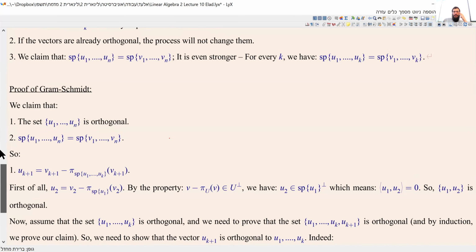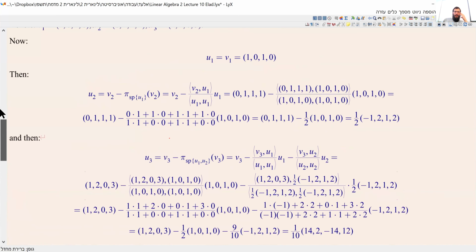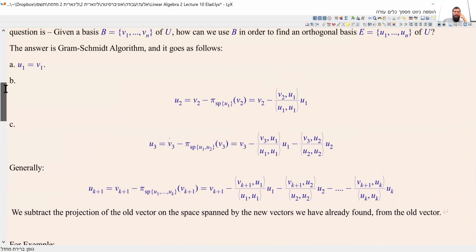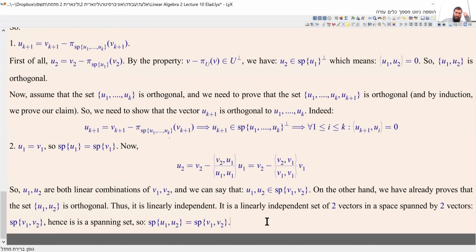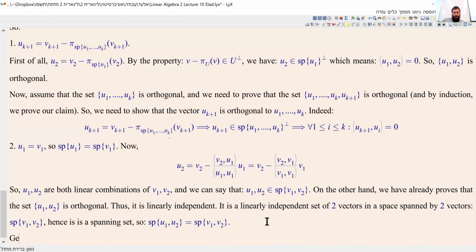I mean, looking at U3 in the process, U3 is a linear combination of V3 and U1 and U2, but U1 and U2 are already linear combinations of V1 and V2. So at the end, U3 is a linear combination of V1, V2, V3. But on the other hand, U1, U2, U3 is a linearly independent set, so it must be a spanning set as well, and so on and so on. And in general,